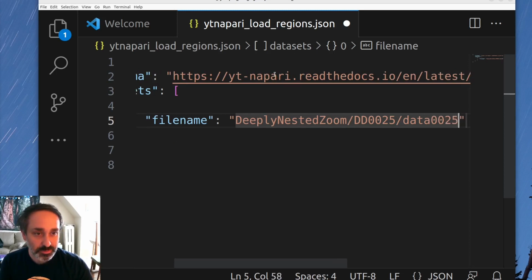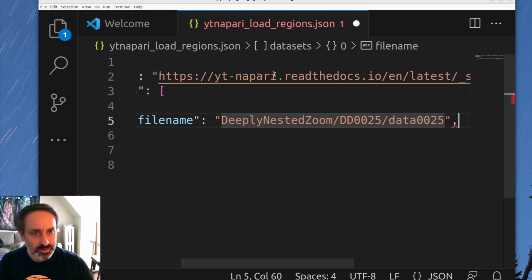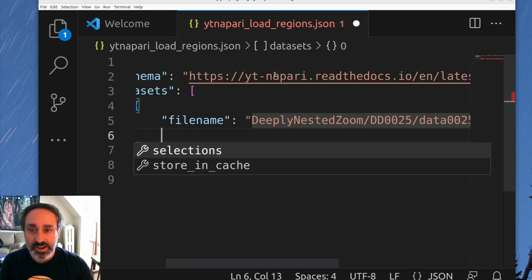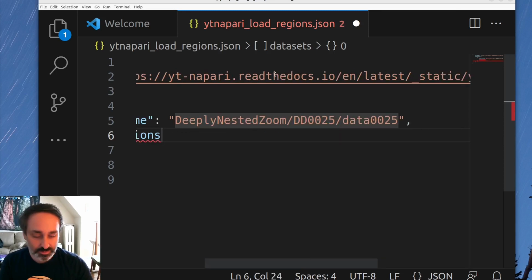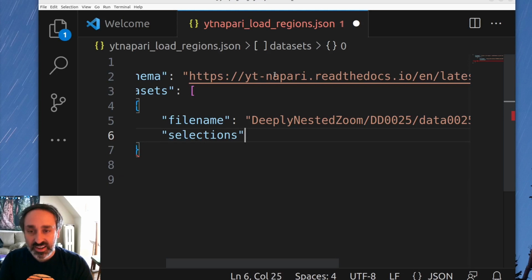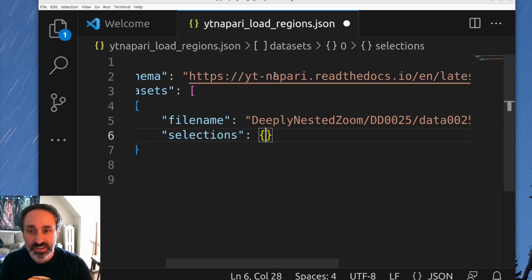And that time step is DD0025, and then data 0025. Let's add some selections. So again, that's Control Space to bring up the options, hit enter to select the selections key, and we're going to define